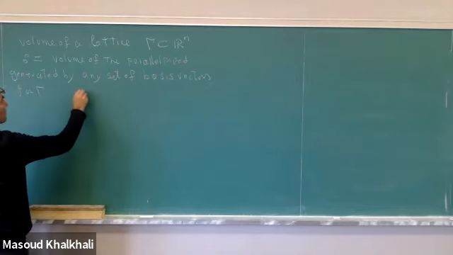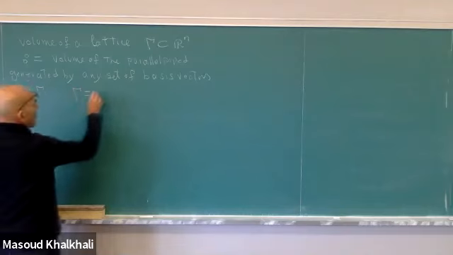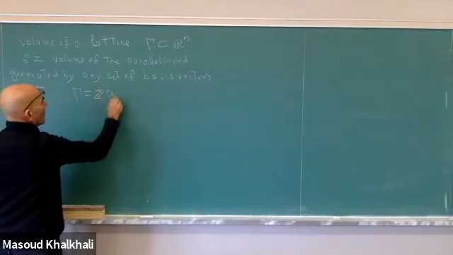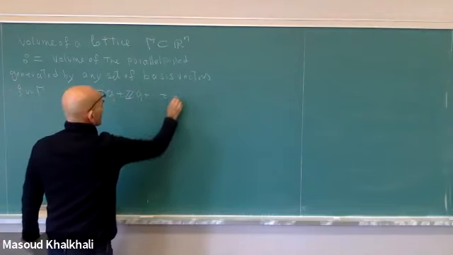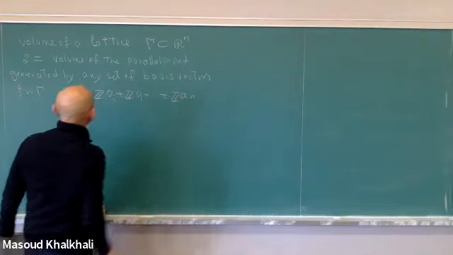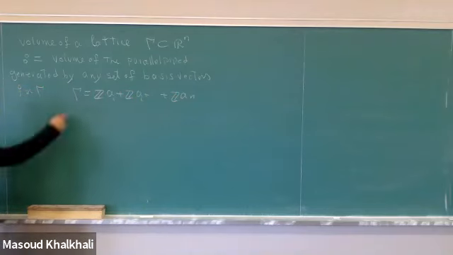In other words, we can write gamma equal to Z A1 plus Z A2 plus ... plus Z AN. Then in this case, the volume of gamma